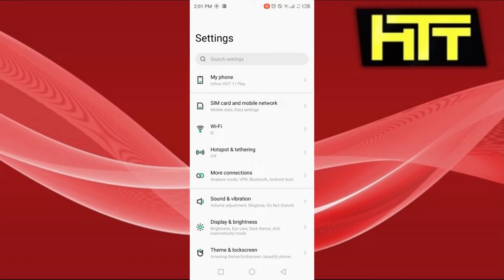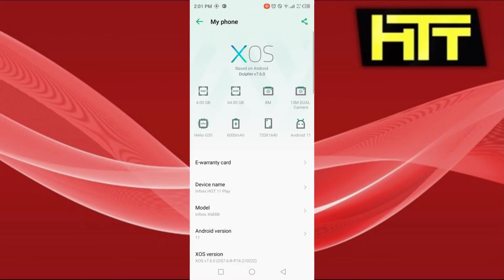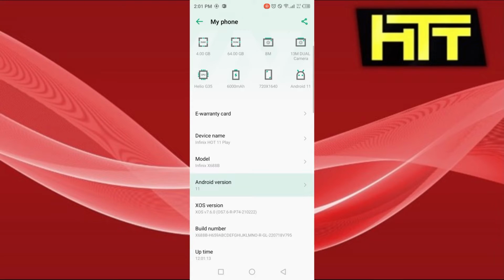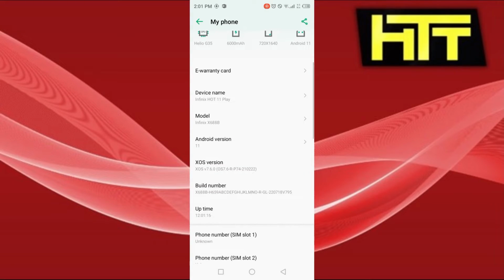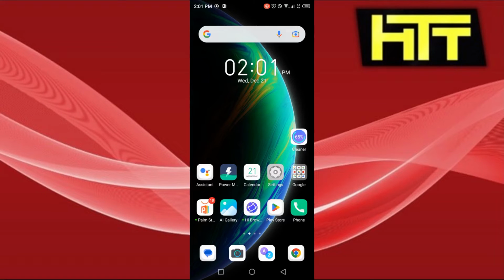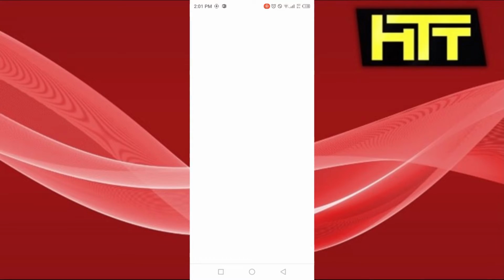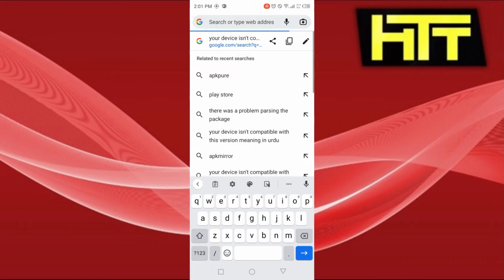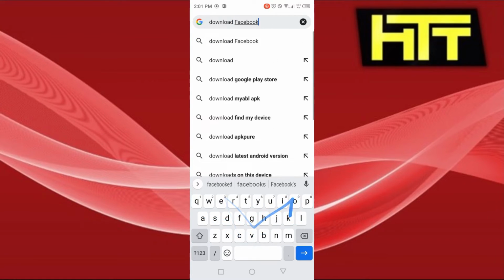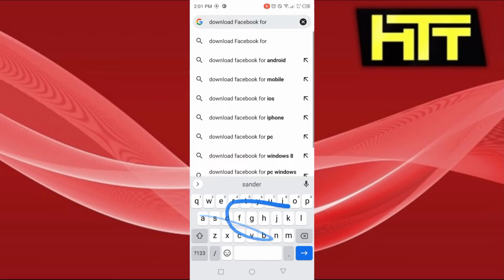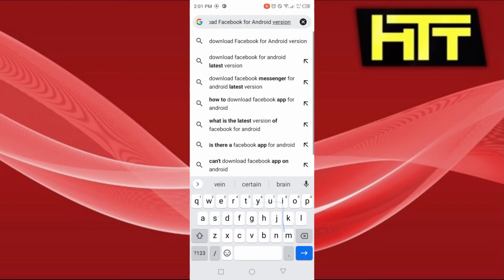Okay, now, if all of this you have already tried and it's not working for you, there's one last thing that you could do, and that is checking what Android version you are on, right? First thing that you want to do is check your Android version. So right now here it says Android version 11, right? So I go to home. I go to my Google Chrome, and let's suppose you wanted to use a Facebook app. Download Facebook for Android version 11